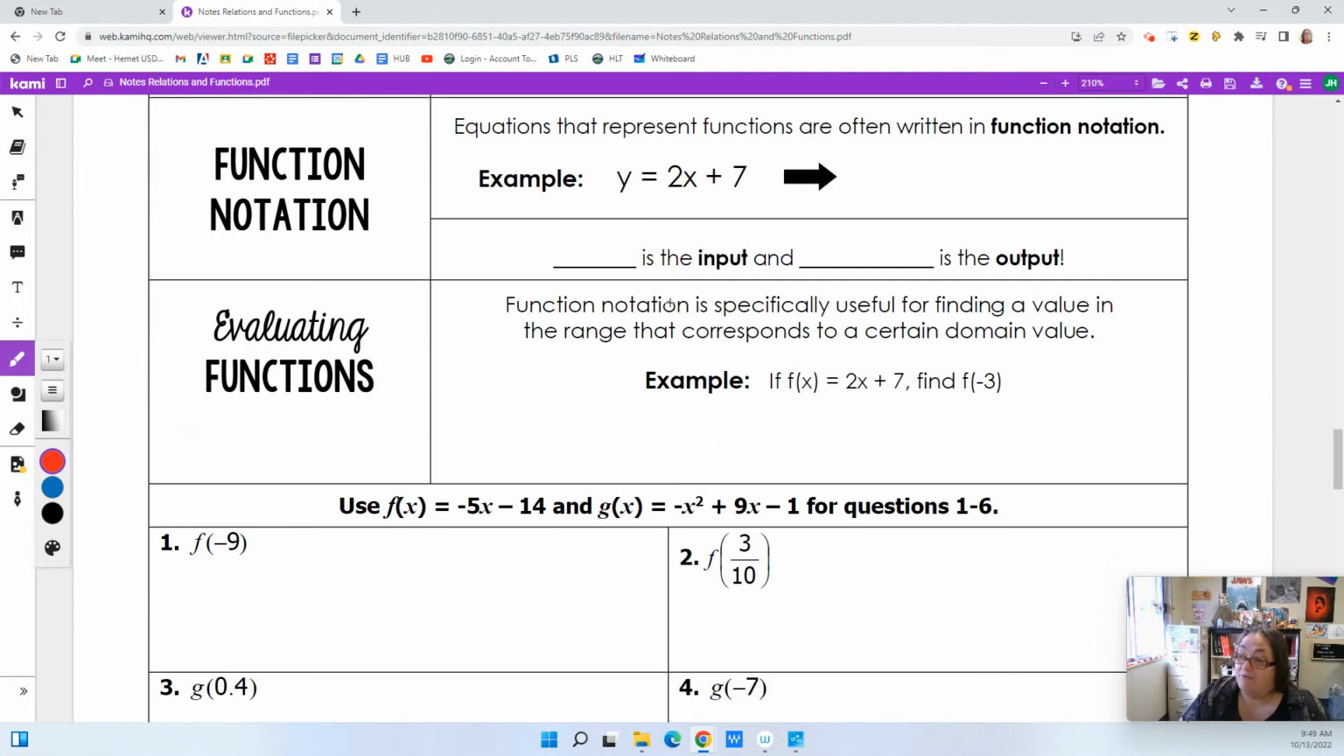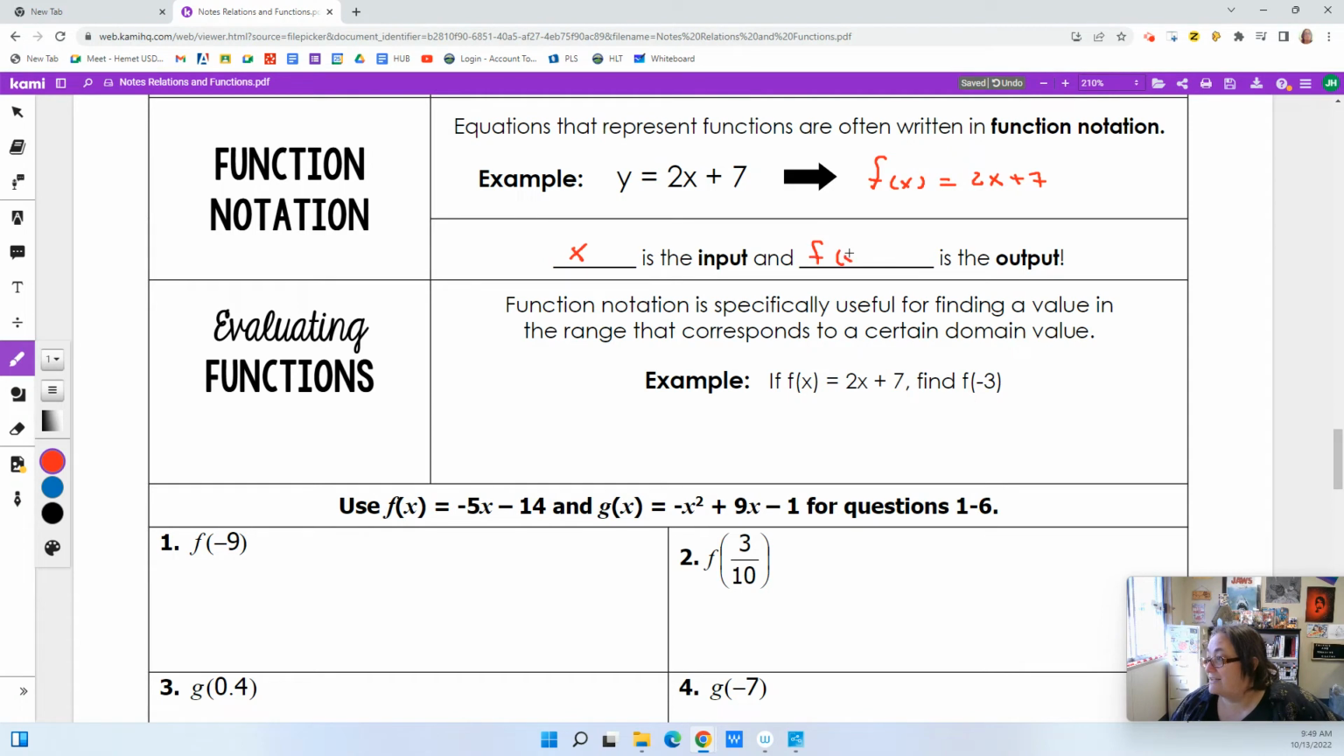The next thing we're talking about is function notation. All that means is how we write functions. And you guys have seen it before. When we're talking about function notation, if I have an equation like y equals 2x plus 7, and I want to write it in function notation, I would write it as f of x equals 2x plus 7. And all that means is that x is the input and y is the output,